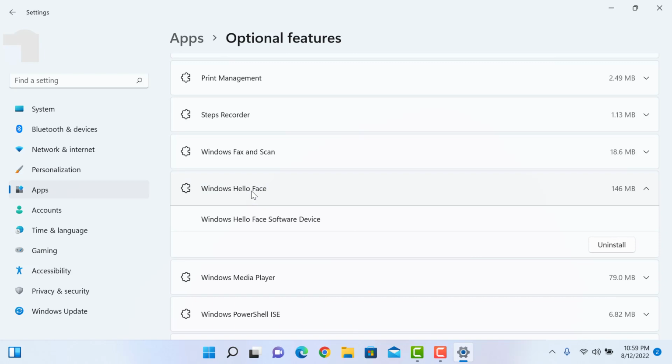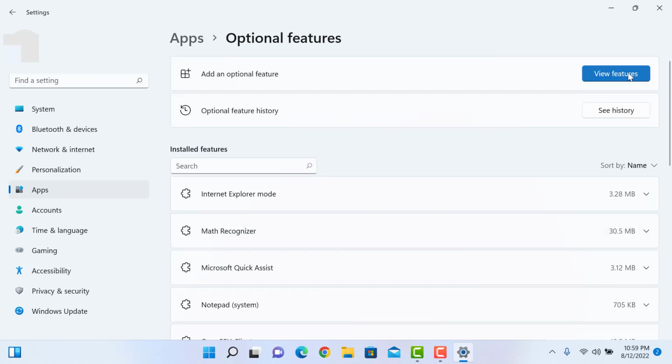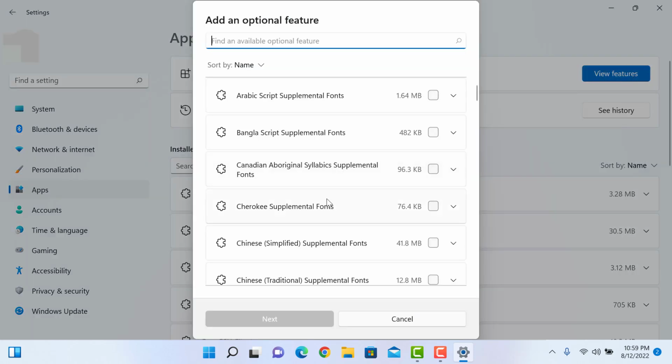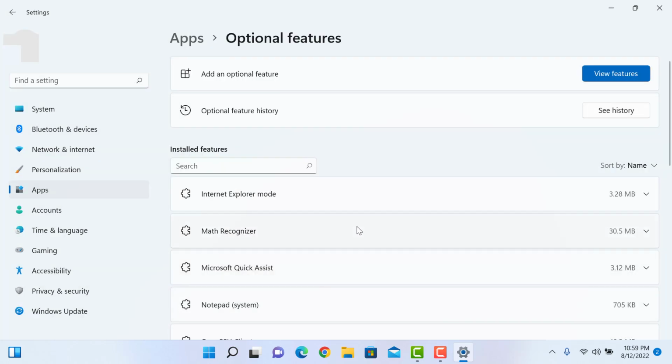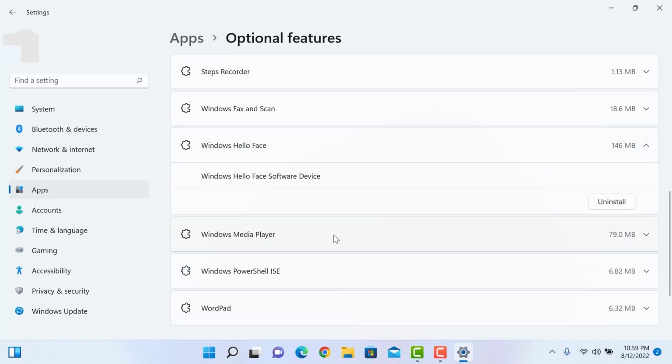If your computer has the Windows Hello Face software device installed, you don't need to do anything here. If not, please click on View Features and install it from here. As my computer already has the Windows Hello Face software device installed, I don't do anything here. So, next